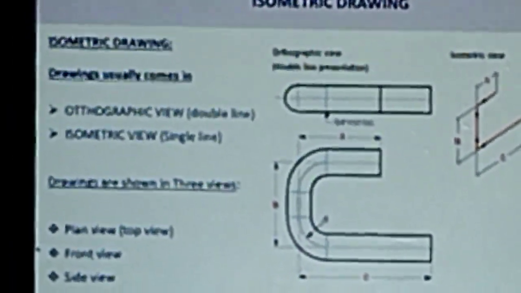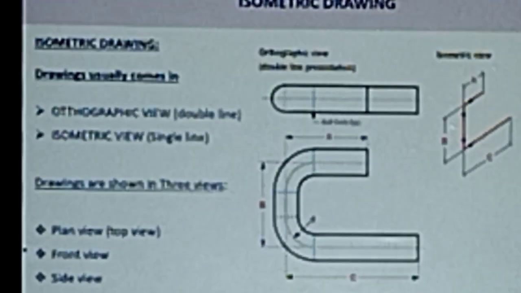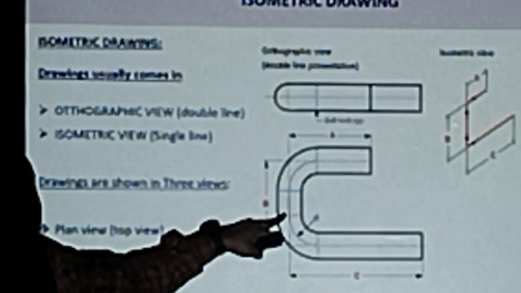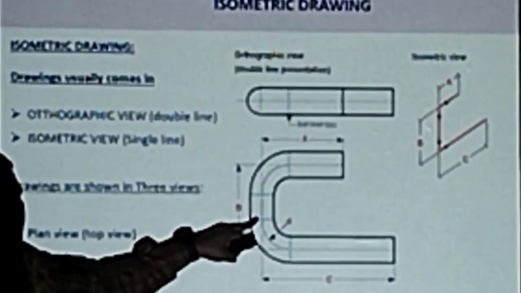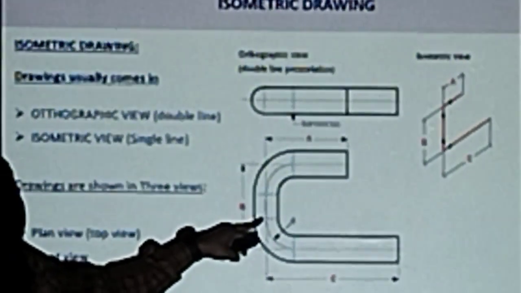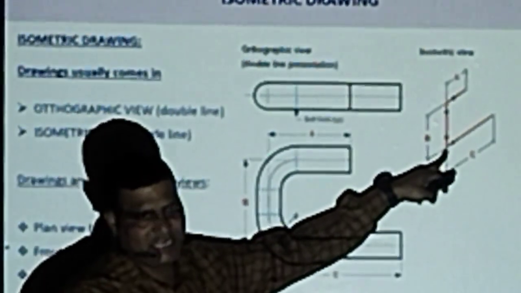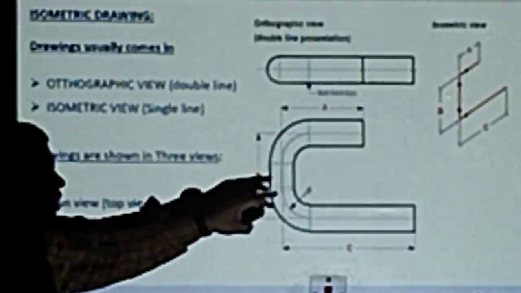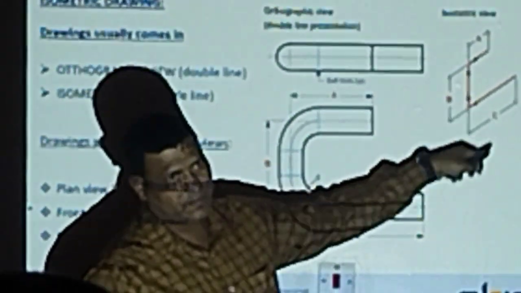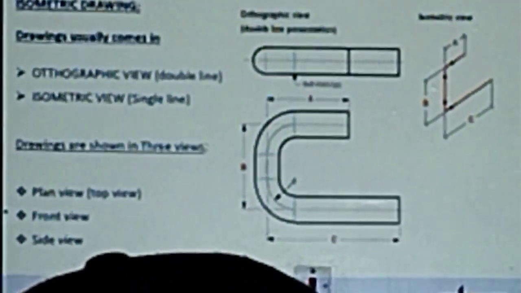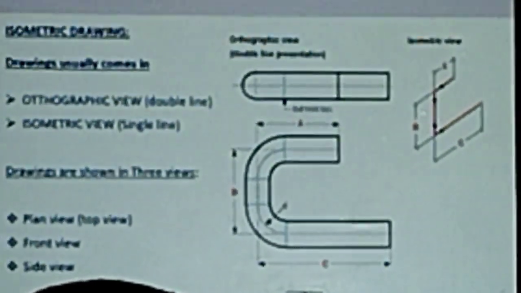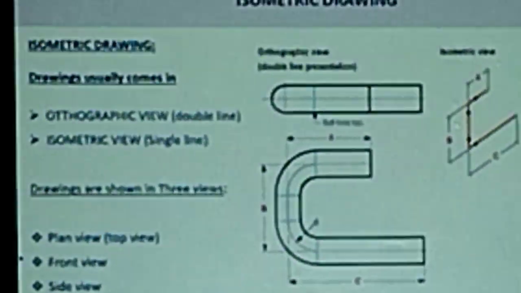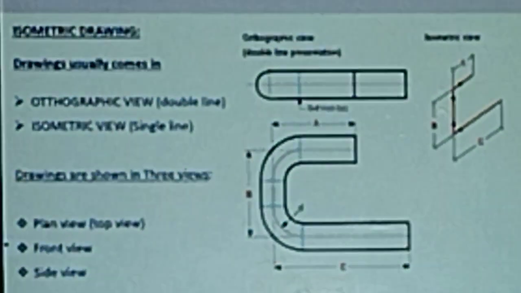In isometric drawing, there will be one or two questions that will come. Previously we used double line drawing, also called orthographic view, in the olden days. Now we are using single line drawing, which is called isometric drawing. In isometric drawing, the angle will always be 30 degrees. The angle of the line is shown at 30 degrees. That is why we use isometric view nowadays. They feel isometric view is the best view for the drawings.